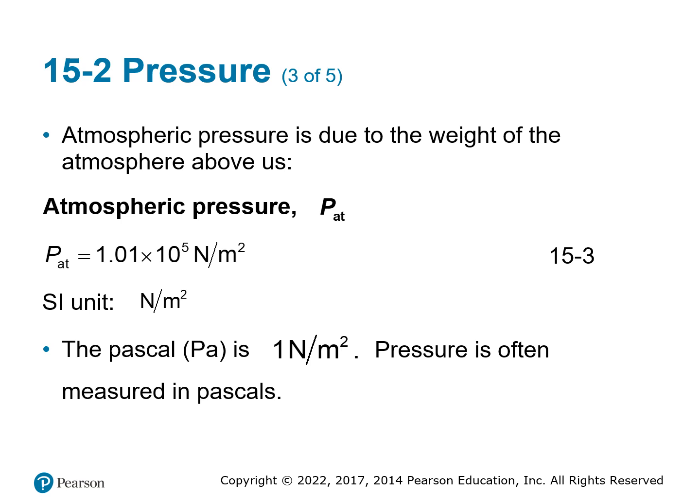We can also talk about atmospheric pressure. So you have the pressure that's due to the weight of the atmosphere above us. There is a given value for this, and it's typically 1.01 times 10 to the 5th newtons per meter squared. 1 pascal is 1 newton per meter squared. So most of the time pressure is measured in pascals. That's one of the other common units besides newtons per meter squared.